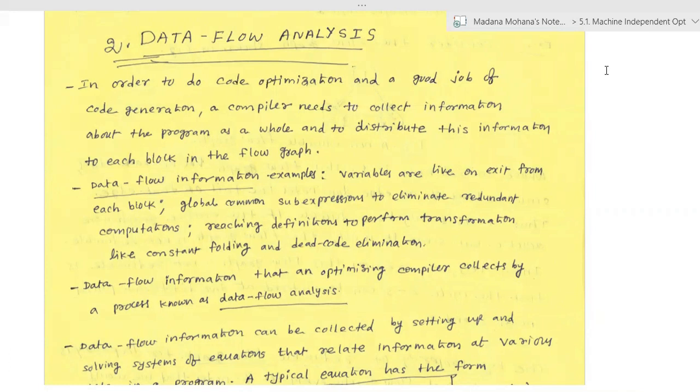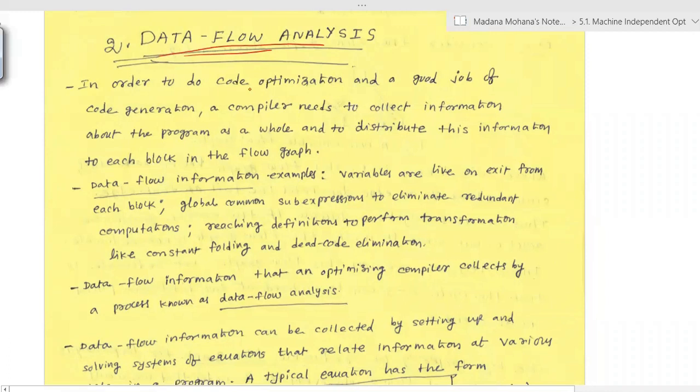So in this lecture, we'll discuss the introduction to data flow analysis. Data flow analysis is one of the fundamental principles of code optimization. Code optimization consists of control flow information, data flow analysis, and basic transformations. Till now we covered various transformations, then control flow analysis, loops in flow graphs. So our next concept is data flow analysis.